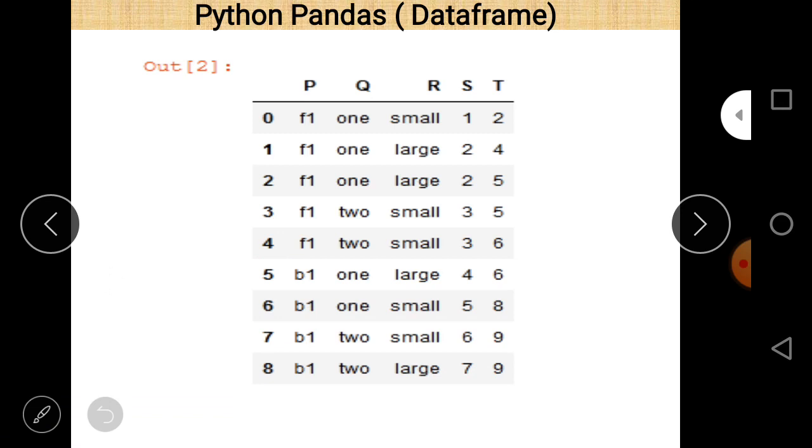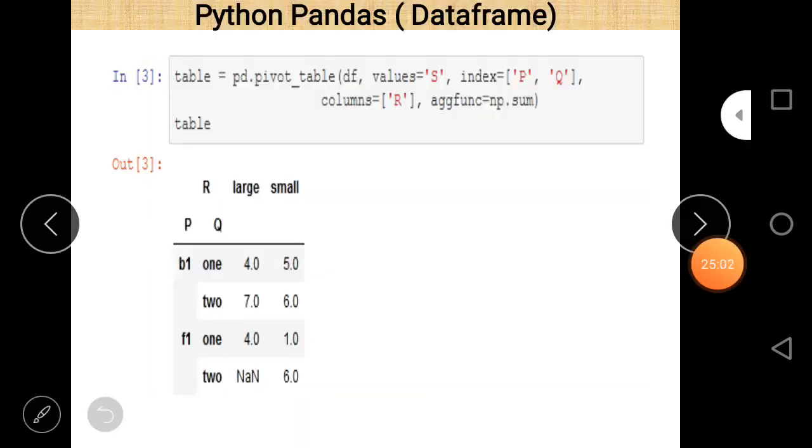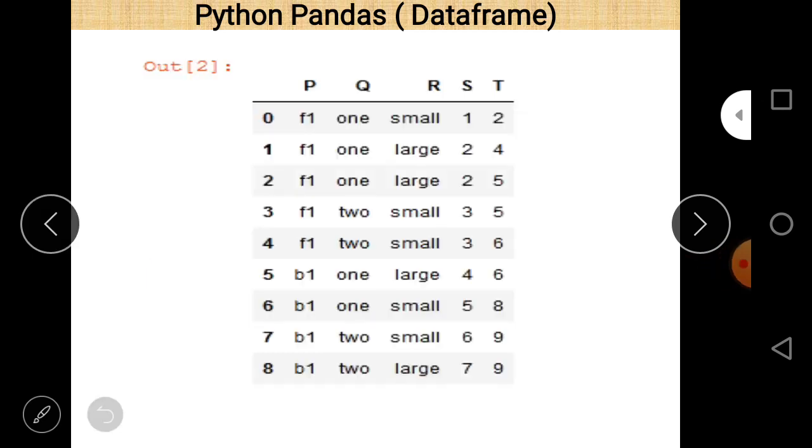In the original data frame there is this value B1, 1, this value B1, 1, and there is no other value except these two values.